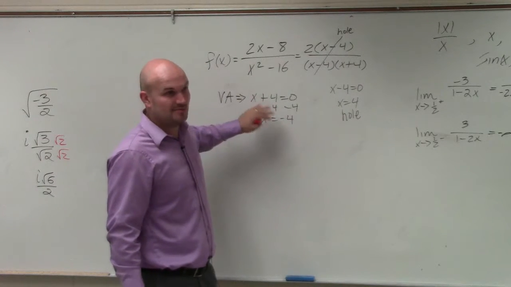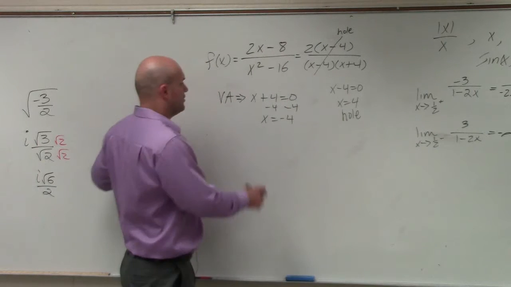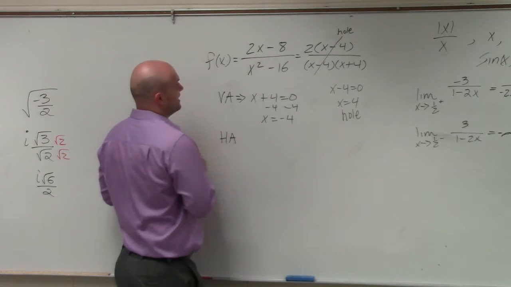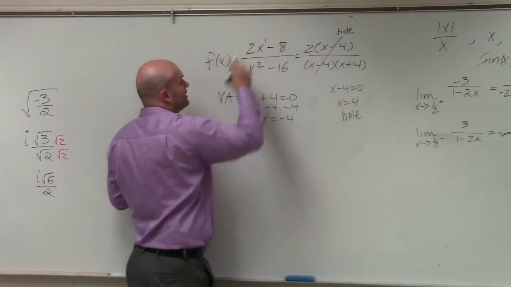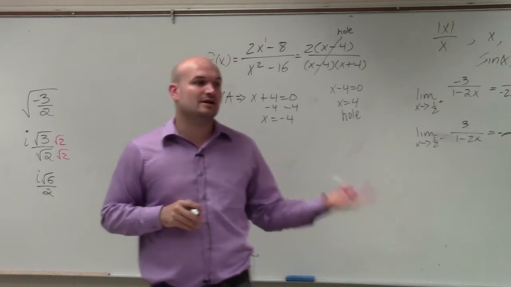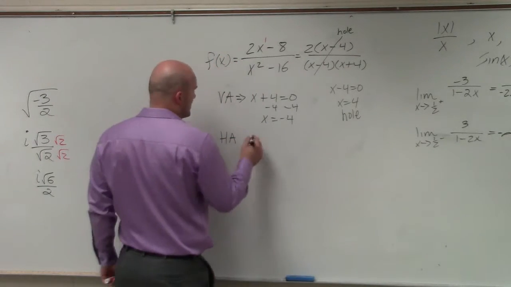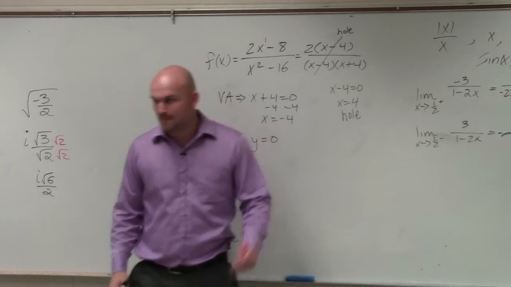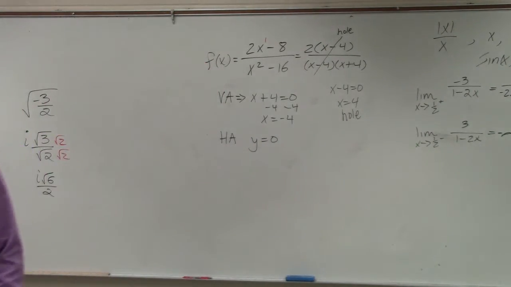So that's why I like this problem, because it gives you a hole, like your homework, or like the work that we did. To find the horizontal asymptote, again, we compare the degree in the numerator to the degree in the denominator. Remember, whenever the degree in the denominator is greater than the degree in the numerator, y equals 0 is your horizontal asymptote. Done. And if you guys want to remember, when the degree in the numerator is greater than the degree in the denominator, the horizontal asymptote does